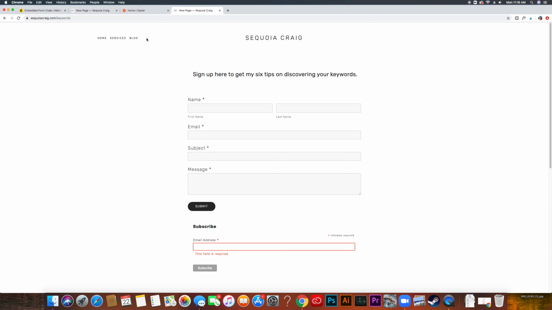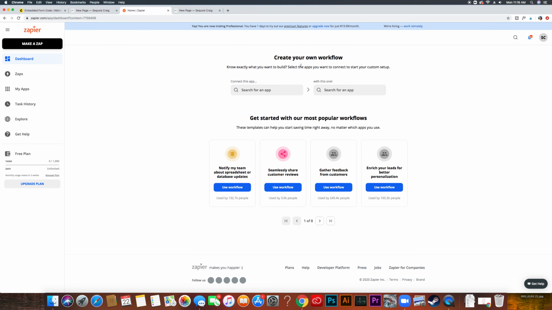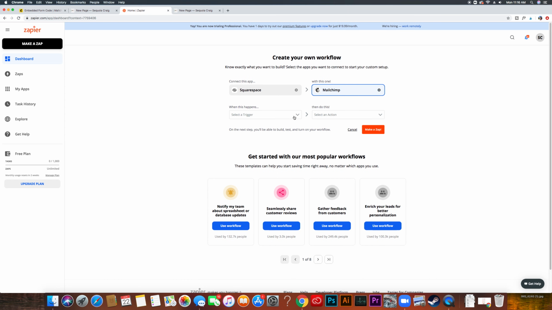I'll say this again and again, why Mailchimp and Squarespace have not just added this integration on their own does not make sense. But we can use Zapier, which, it is what it is. So we're going to connect Squarespace with Mailchimp. And Zapier is pretty straightforward, but this will just allow, so let's say someone submits and we're going